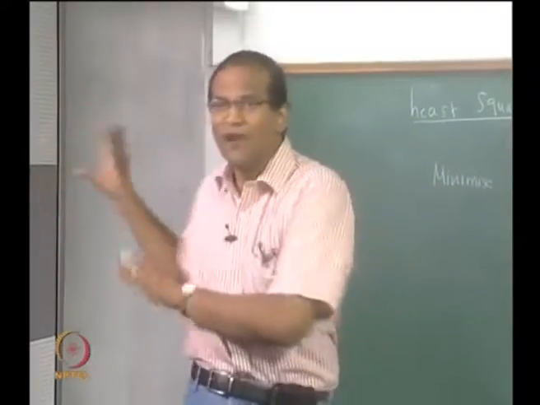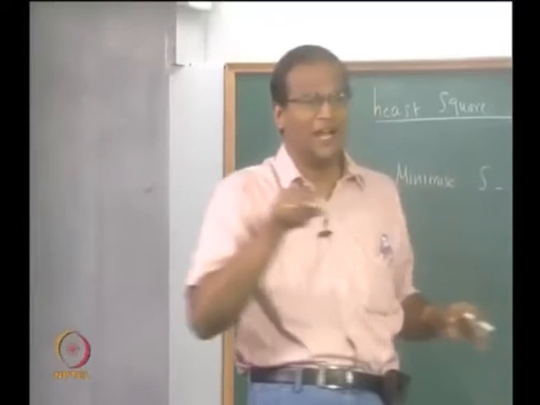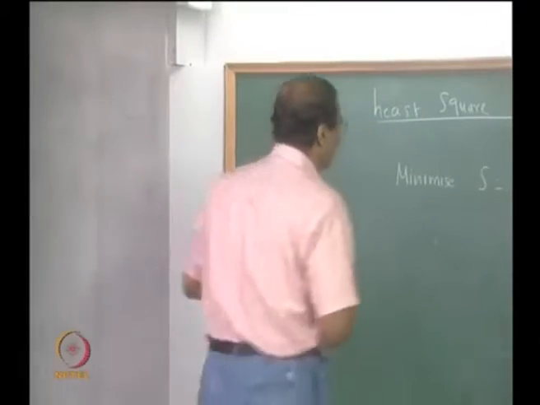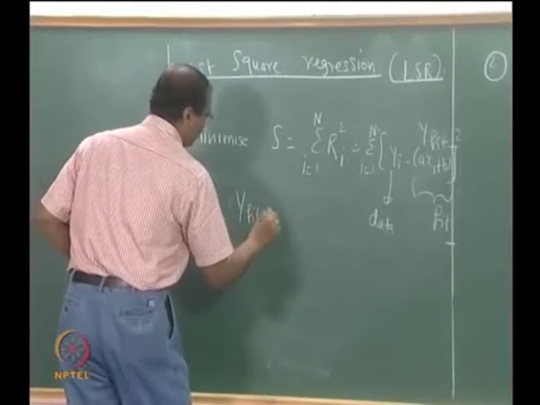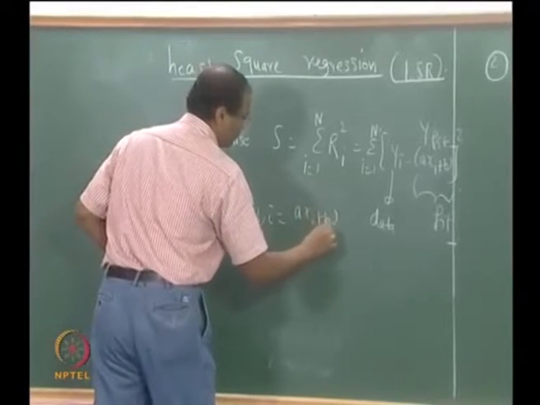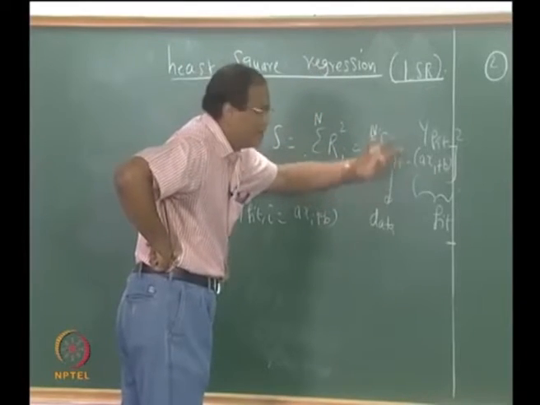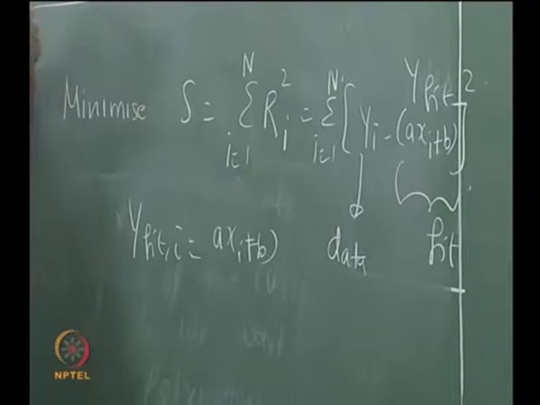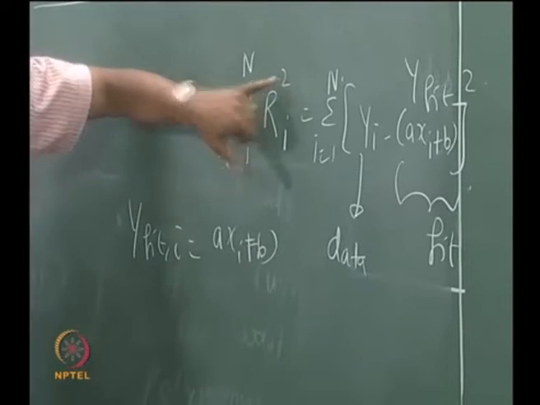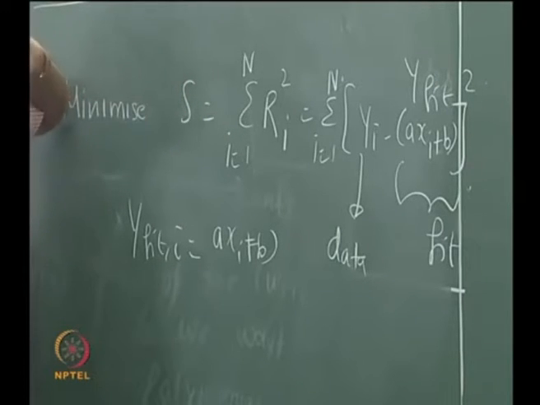So whenever you have a procedure by which you determine a and b and you substitute in ax plus b, this will be different from yi data. So the difference between the yi data and the yi fit, where yi fit is equal to axi plus b, is basically called the residue. The residue is squared and you are trying to minimize the sum of those residues in a least square sense, because the square takes care of all your negative and positive signs, and this also helps you in getting a unique value of a and b.